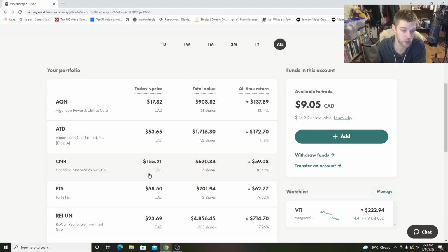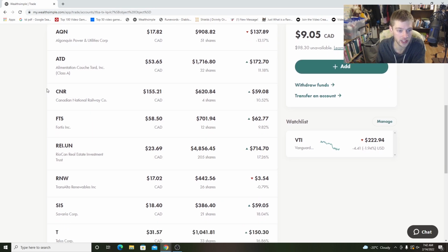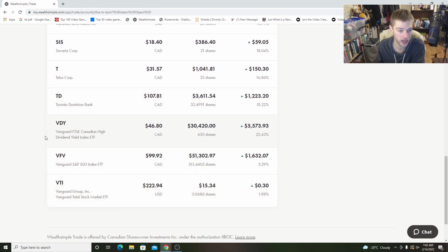And to give you guys a quick little recap here, we have some pretty basic stocks inside the TFSA. Our focus with the TFSA is growth as well as dividend growth, kind of long term. So we have stocks like ATD, CNR, Fortis. We do have RioCan, which is a REIT. That gives us exposure to a little bit of a higher yield, as well as some real estate. We have TD, we have TELUS, and then we got our 2 big ETFs going towards the bottom of the screen. This includes VDY, VFE, and then we also have VTI here